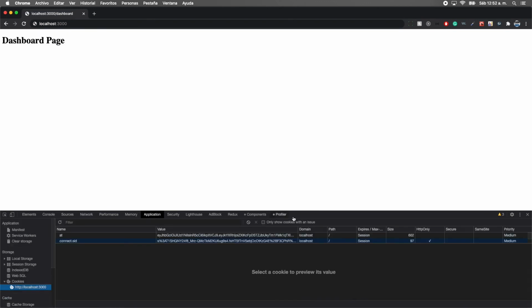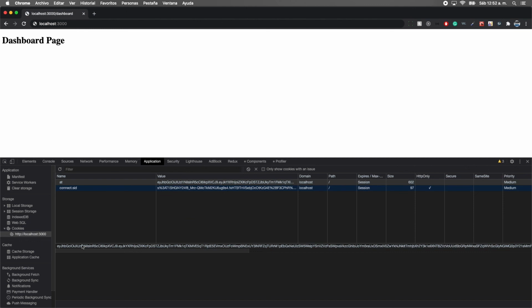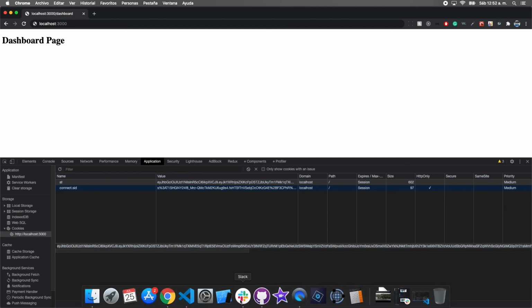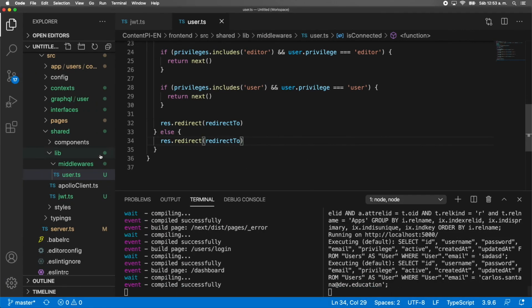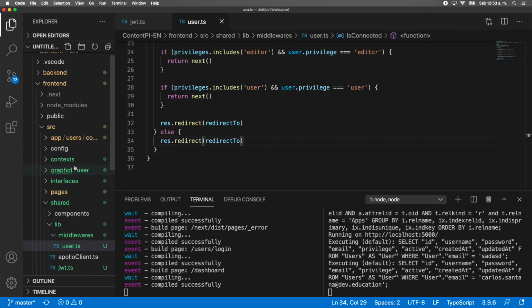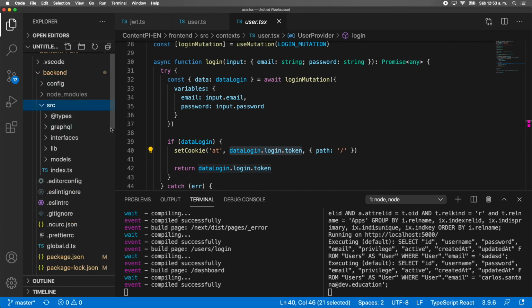If you go to application here, you will see my session. And if you see, this session is a base64 code, which is like, I don't want to say encrypted because it's not encrypted, but it's obfuscated a little bit. So for example, here in the user, we are saving the actual token. And then in the backend, if you remember from the last video,